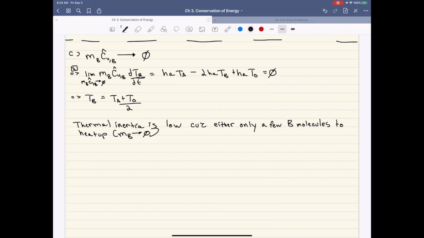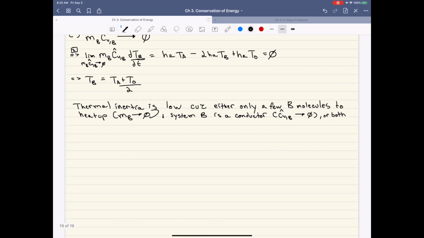Okay. The other way would be if CVB were very small. And so if that were the case, we would say that the cylinder was a conductor. So the opposite of an insulator. So this would be if CVB were 0. Well, and of course, both things could be true as well. Okay? And as a result, the consequence of this is if the thermal inertia for the cylinder is very low,